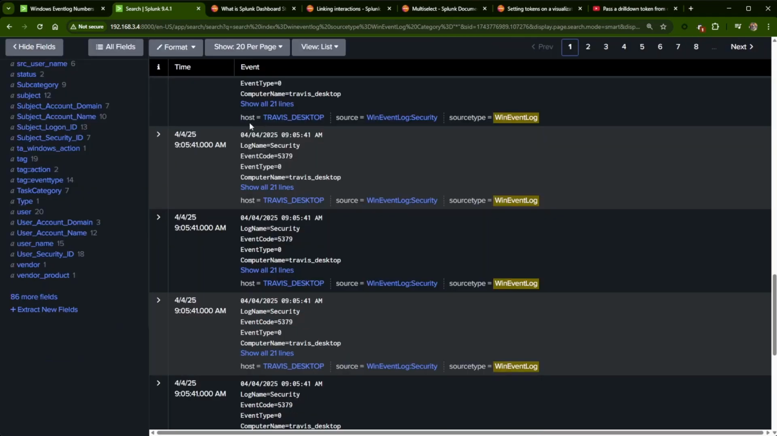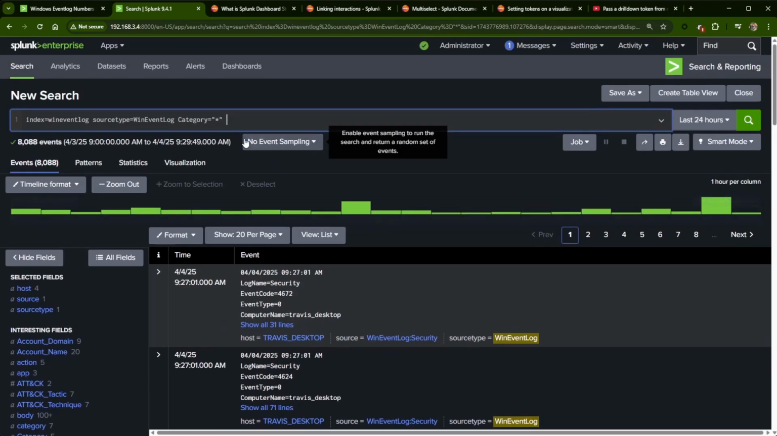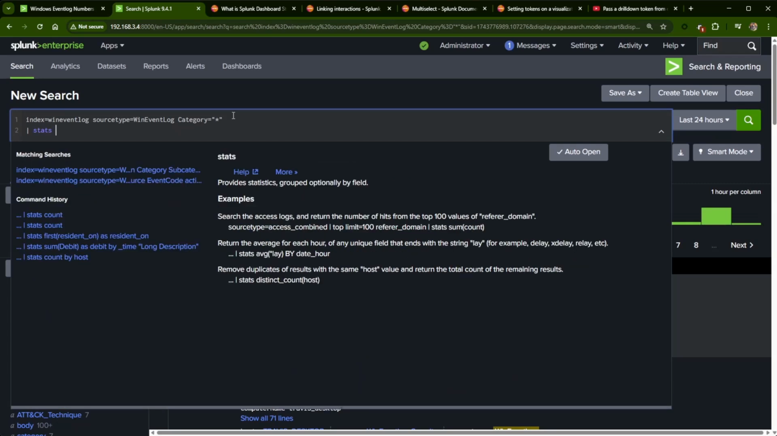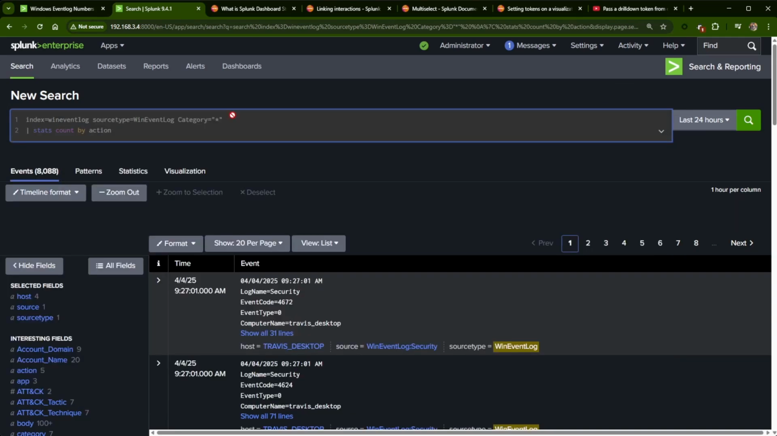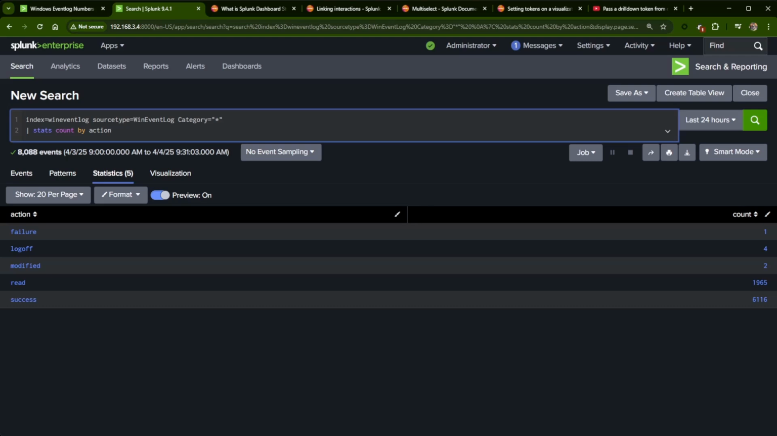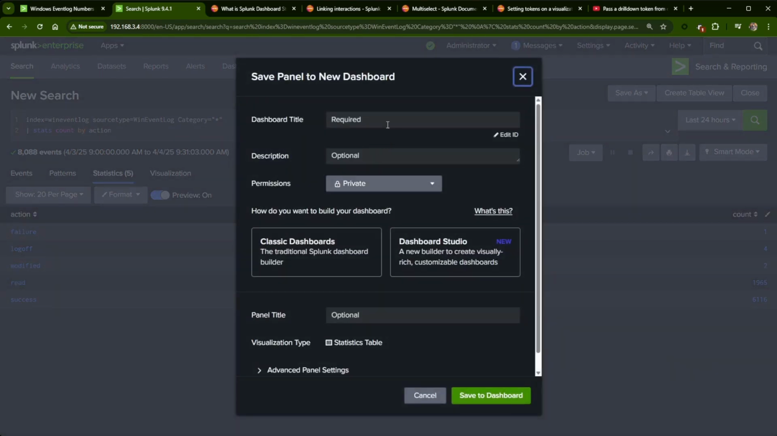Back up. Type stats count by action. I saw that over there, and I want to play with action, and I want to play with category. So here I've got a bunch of actions. So let's pass from one dashboard to here to say, hey, let me look at all of the actions associated to that host name. So I'm going to click Save As, New Dashboard, and call it